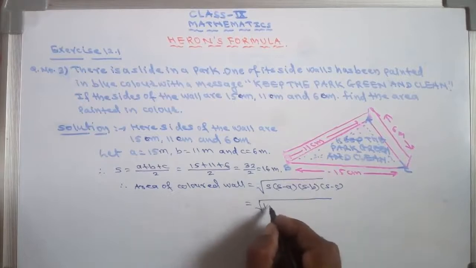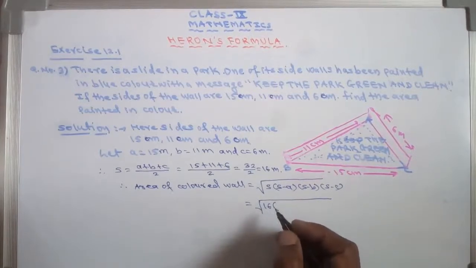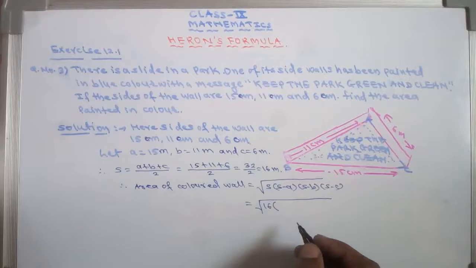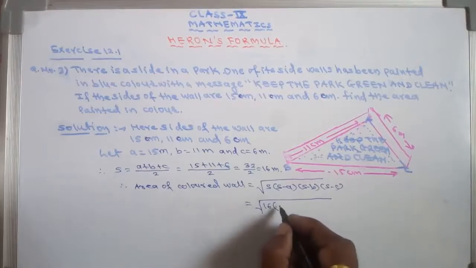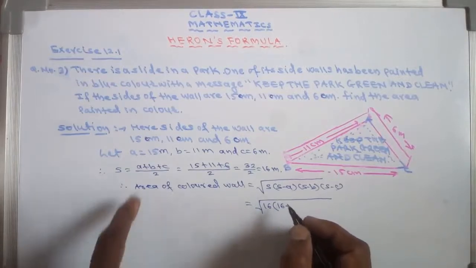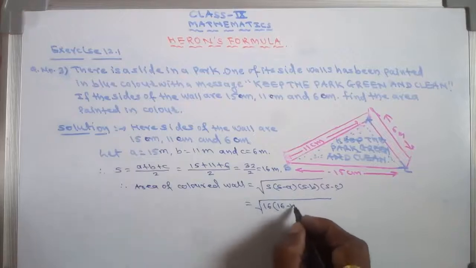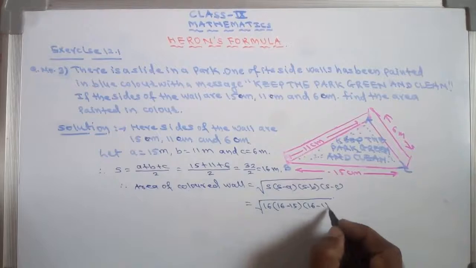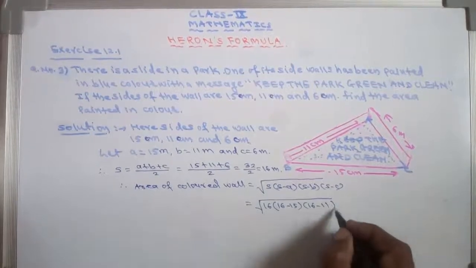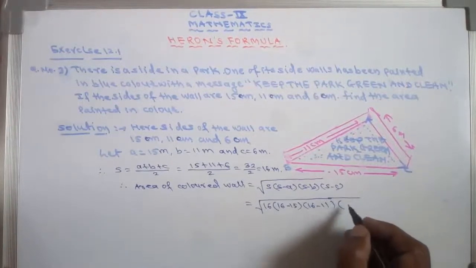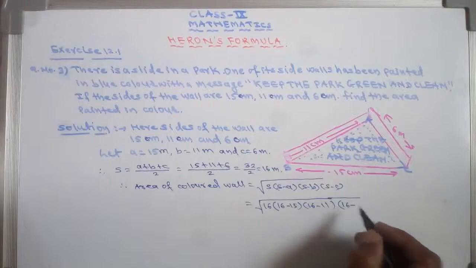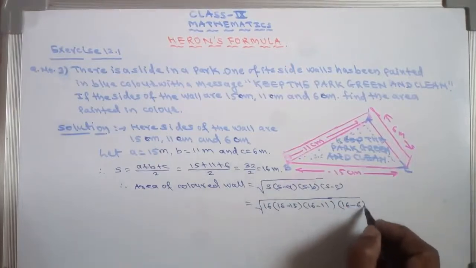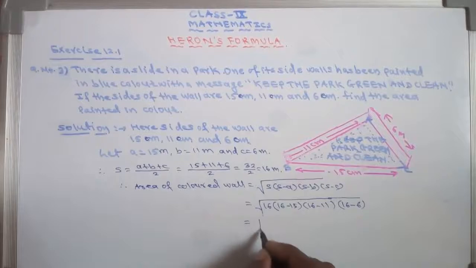S is 16 into bracket S minus A, that is you subtract, 16 minus what is A? A is 15, S minus B, 16, what is B? B is 11, then S minus C, 16, what is C? C is 6. So this is under root